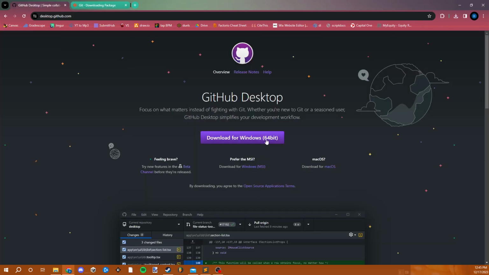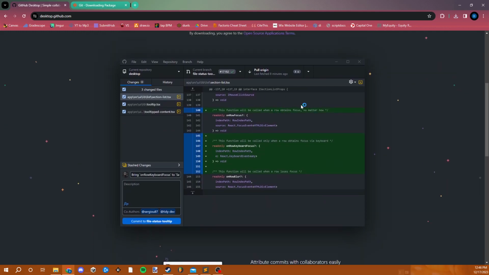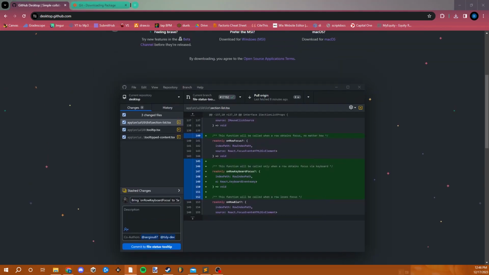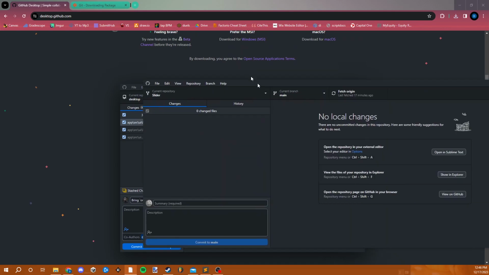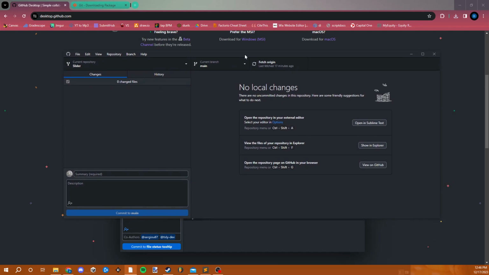Now I'm going to install GitHub Desktop. The Git is kind of the underlying code that manages the version control, but GitHub Desktop gives us a really nice visual GUI for us to interact with. It's an optional thing, but it's very nice to have in my opinion. Oh, it looks like mine already installed very quickly because I already have it. You may need to go through more steps,